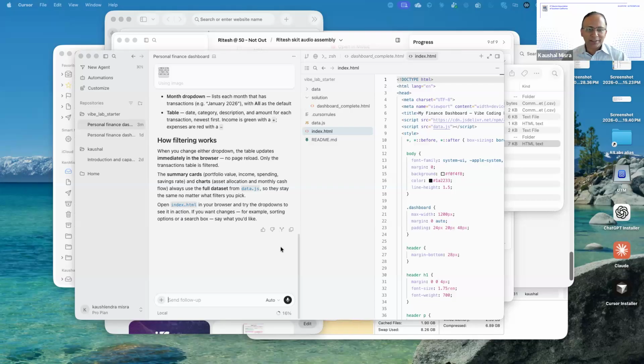So if you come across any error, if you did not expect something, you don't need to, but you can always describe something like this. I am seeing this instead of this. Okay, here is the error from the browser console, or the prompt did not appear or whatever. Find the root cause and fix it. Explain what was wrong in one sentence. You can do something like this. Okay. Now, another thing we could do, which I have not done here, is go back to the previous prompt, add the